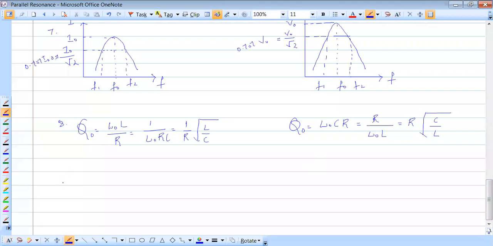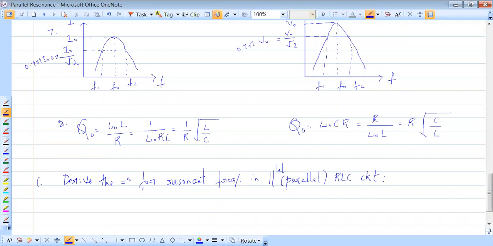Now derive the equation for resonant frequency in parallel. See, I'll write my parallel like this, two parallel lines. Get used to this. In the exam, you can write parallel fully. I'll just write it this way for the first time. This is called parallel. In a parallel RLC circuit.